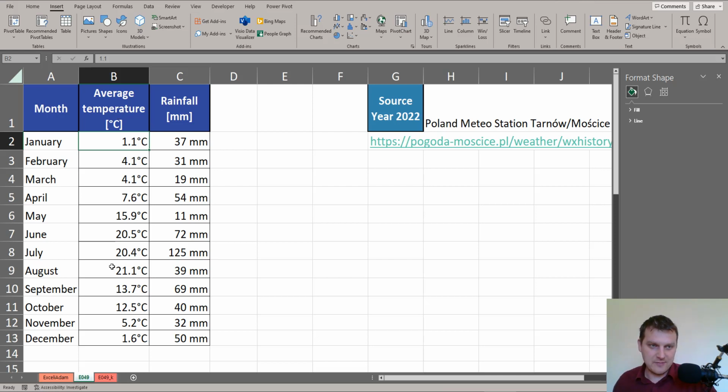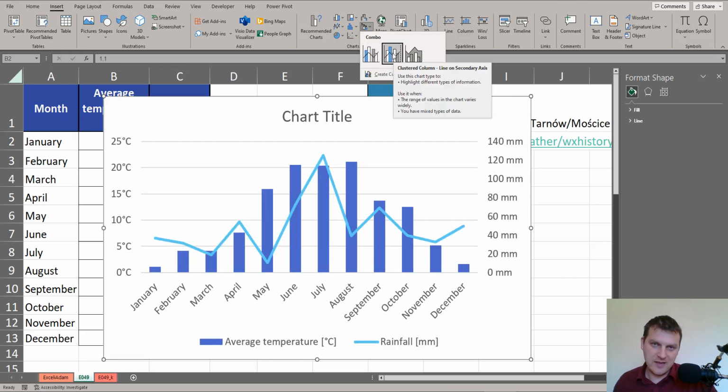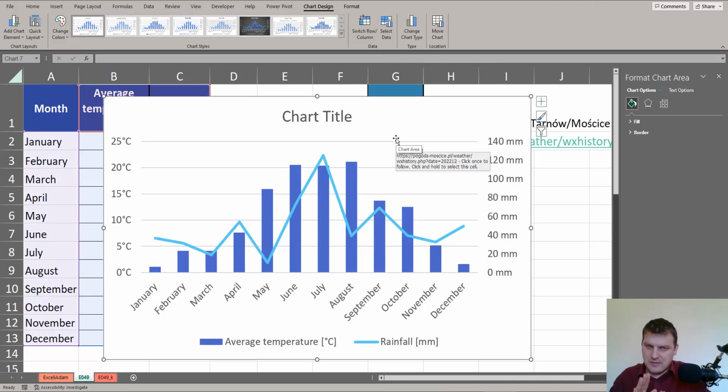In our case we have a simple dataset, so just select one cell here, go to the Insert tab, and we can find combo charts here. We can find a combo chart with a secondary axis on it, and we can choose it. Now, not everything is just like I wanted, but we can simply make some changes by selecting the chart